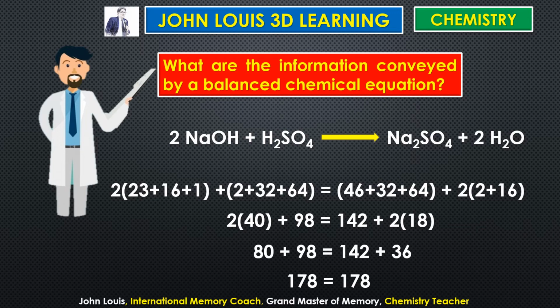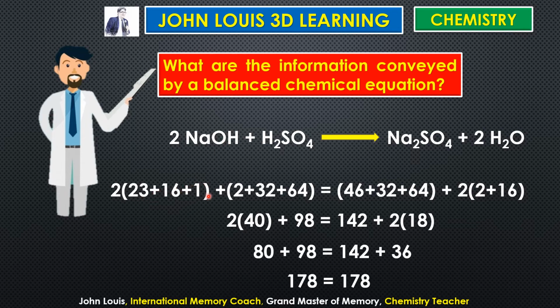So the same equation. Now let us try to find out the molecular mass of the reactants and products here. See here, sodium hydroxide. So 2 molecules of sodium hydroxide, so I have taken 2. How many sodium? 1 sodium. Its atomic mass is 23. Therefore 1 into 23 is 23. Plus 1 oxygen, and atomic mass of oxygen is 16, therefore plus 16. Atomic mass of hydrogen is 1. There is only 1 hydrogen, therefore 1 into 1 is 1.